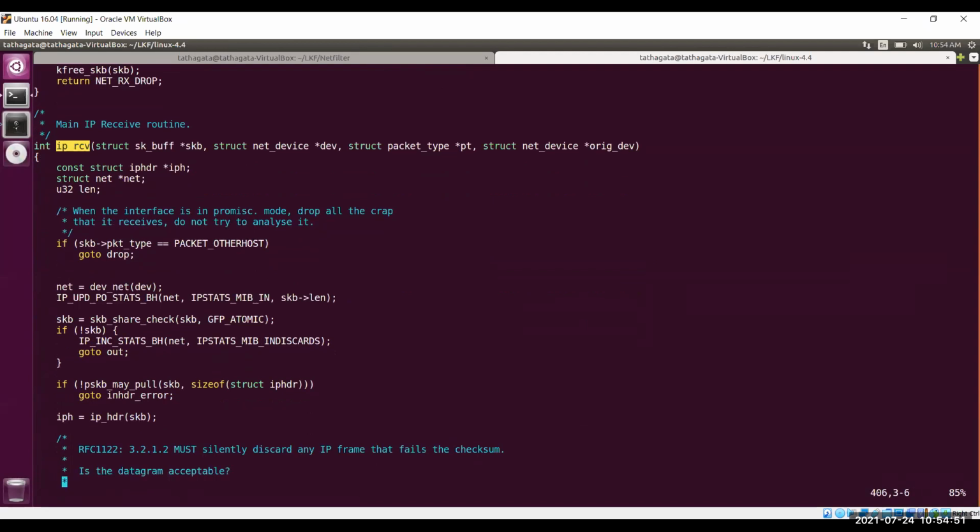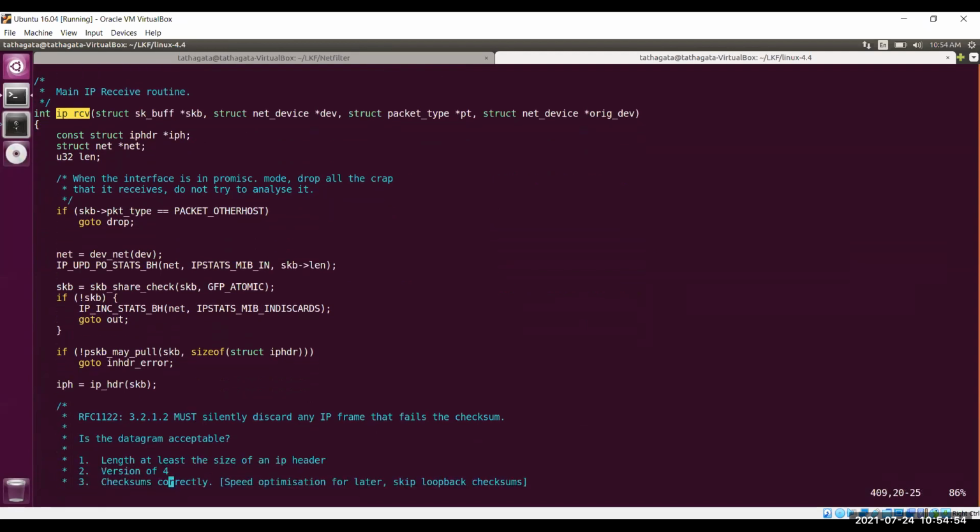So you can think of this ip_rcv function as the first entry function of layer 3. Okay, so that means from the lower layer, whether that is the L2 bridge layer or anything else, it will call this particular ip_rcv function, provided the packet is an IPv4 packet. Otherwise, the ipv6_rcv function will be called. We are not talking about that one, but the concept is the same.